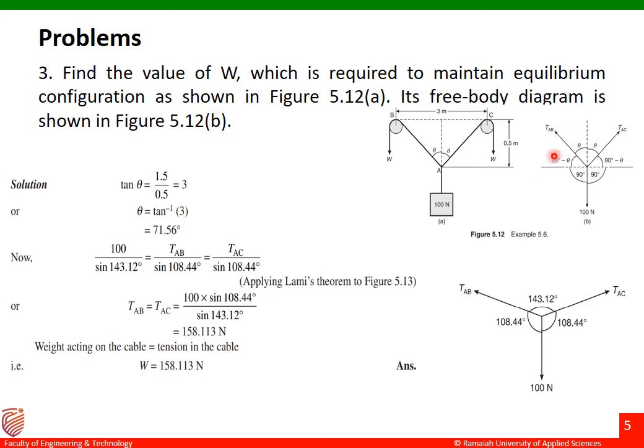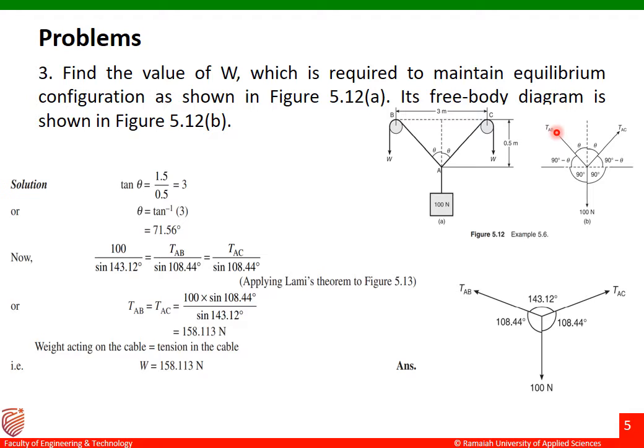So let us consider this diagram here now. Okay, so I'll bring one force to the downwards, that is 100 Newton force, and then one force, that is tension in this cable. Okay, so the tension in this cable TAB is equals to W over there, and then TAC is also equal to W over there.